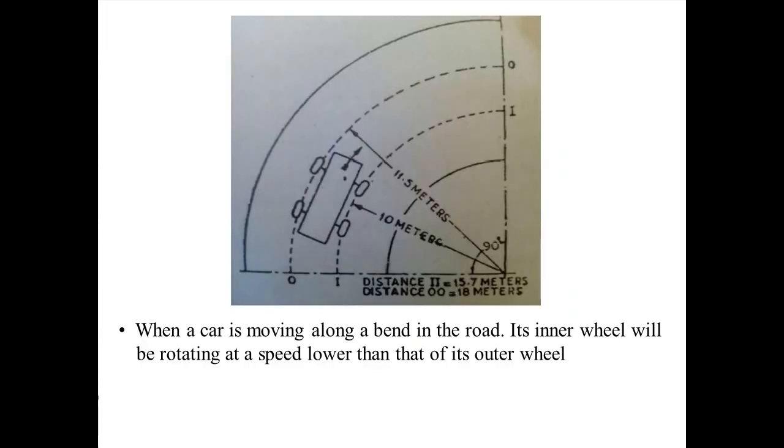See in this drawing clearly, while the vehicle is moving in a turning path, the inner wheel should travel a shorter distance as compared to the outer wheel. With the help of differential gears, that can be achieved. So the inner wheel rotates slower and the outer wheel rotates faster, so that without any disturbance the vehicle takes the normal turn.